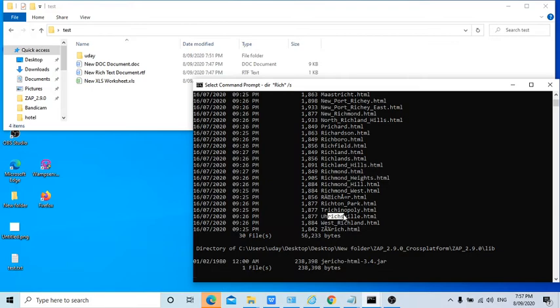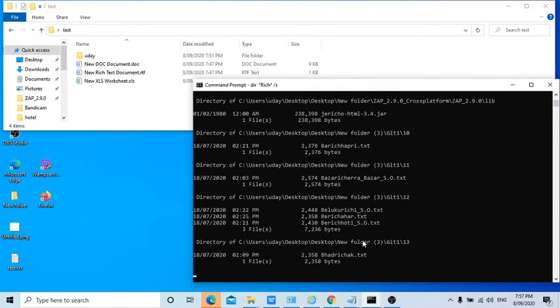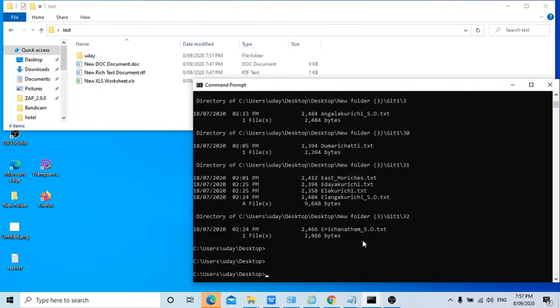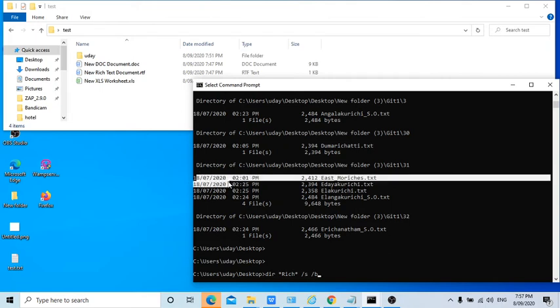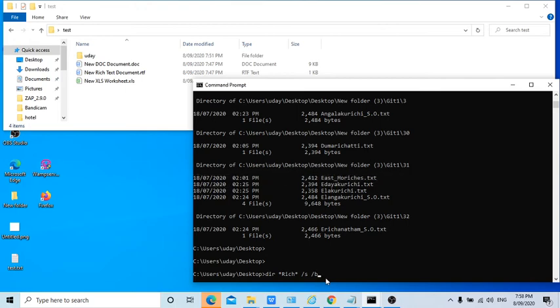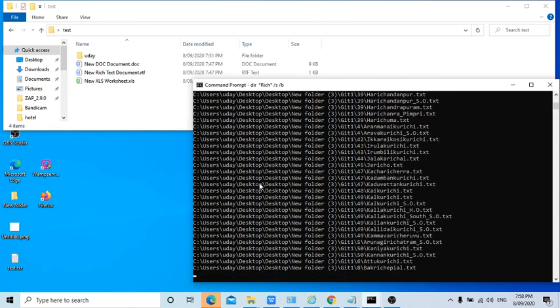So as it was shown here, now I'm just closing it. If I want to only get, like /b, means I don't want to get all these times or dates, so I just enter /b, and all the file names which contain the word rich will be shown one by one in a neat order. Can you see, guys?